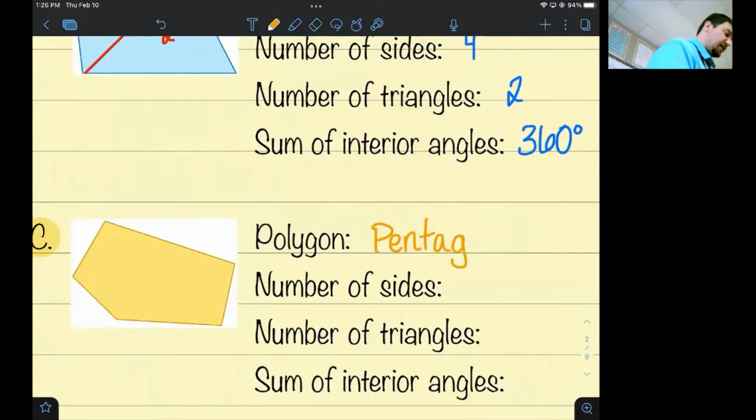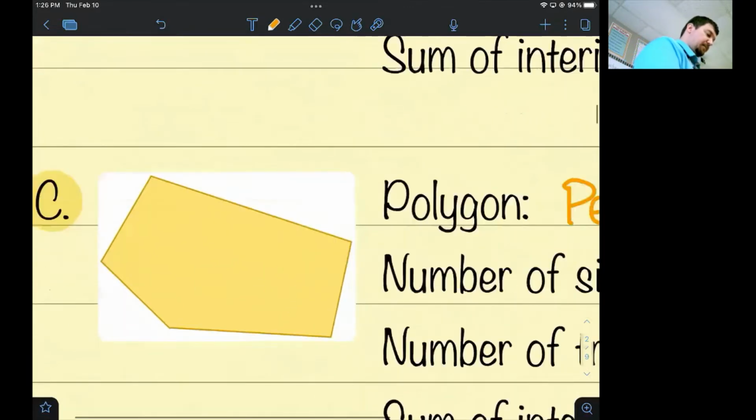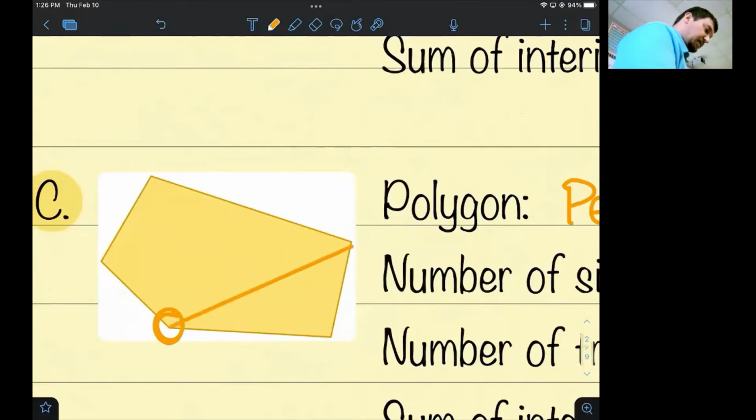It's a very famous looking pentagon in Washington, D.C. It's a pentagon, has 5 sides. Circle one of the vertices. Draw the lines that connect the non-adjacent vertices. Again, I've already got the adjacent vertices connected, so that's not going to do a thing. But if I connect the non-adjacent vertices,